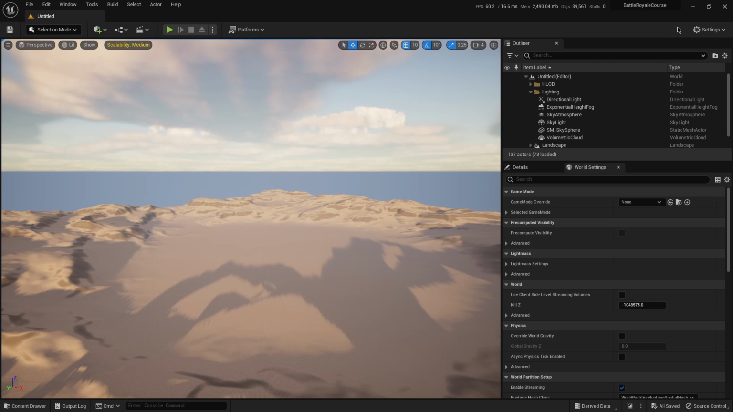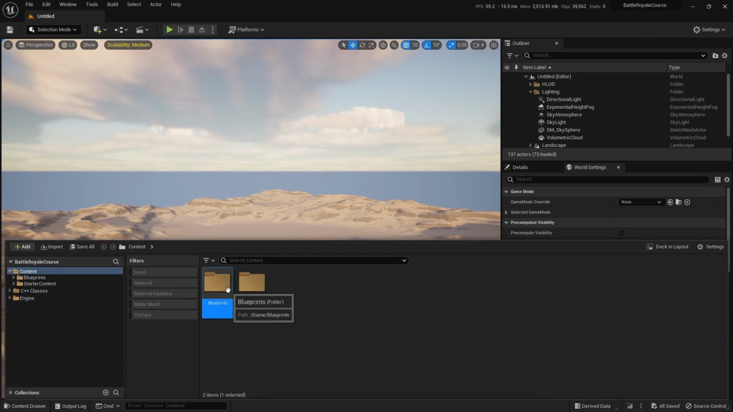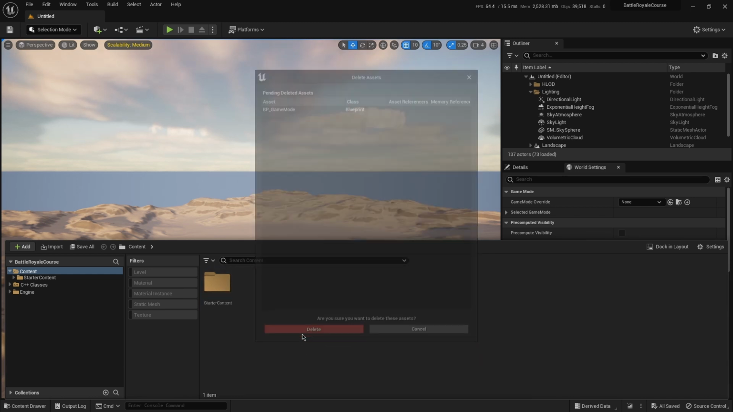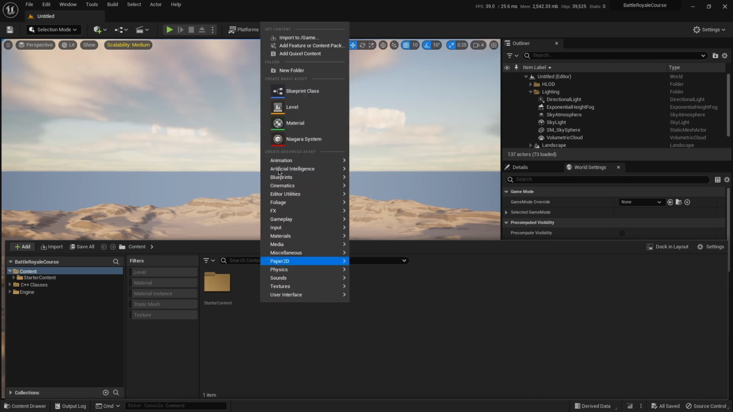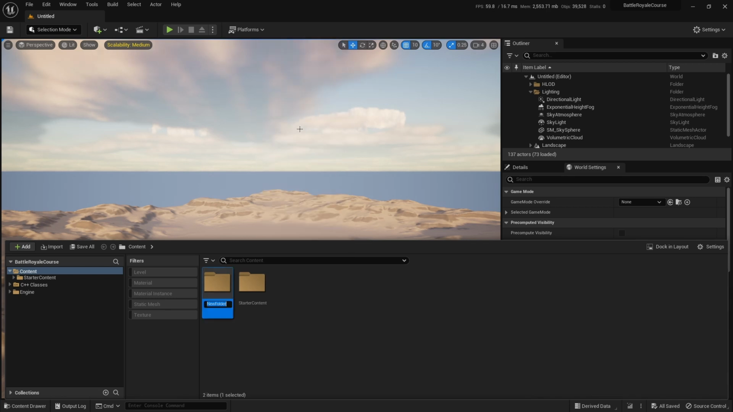So now the engine is open. Let's go to the content drawer, Blueprints. If you do not have that Blueprints folder, I will delete this so that I can show you. Right click, add a new folder, and name this Blueprints,